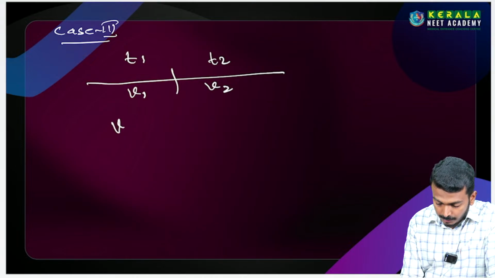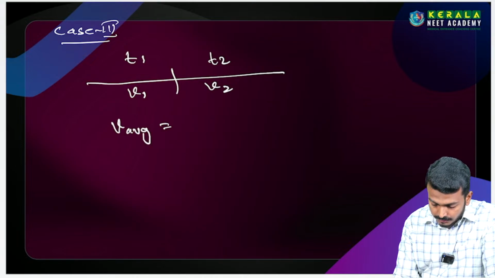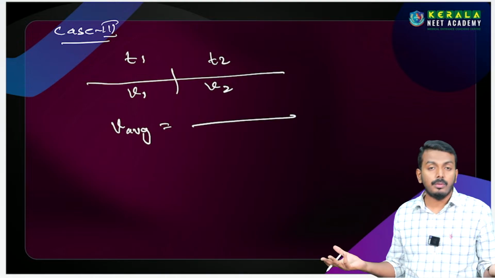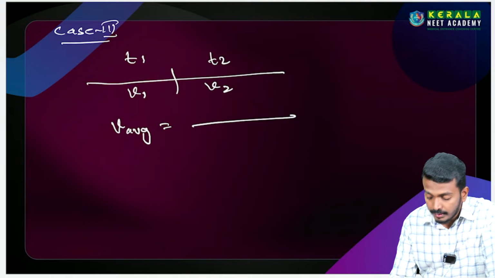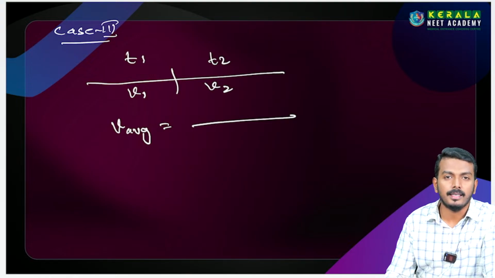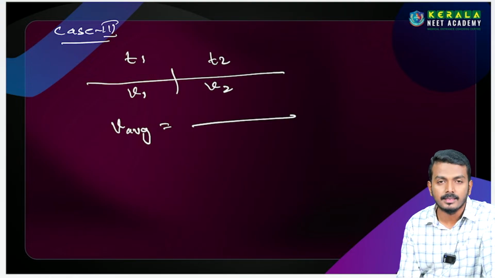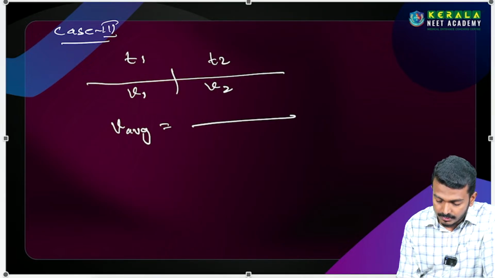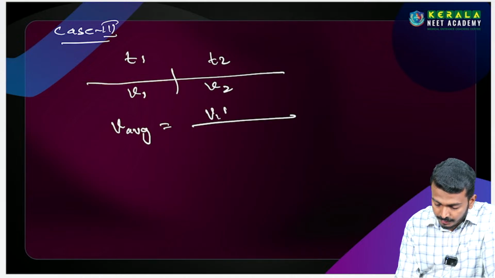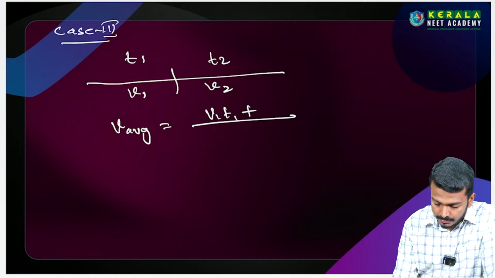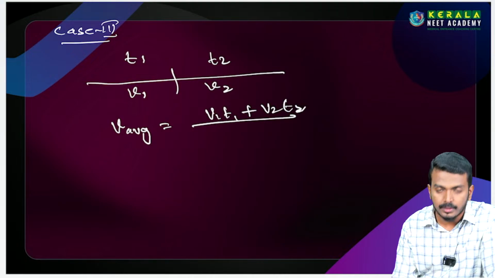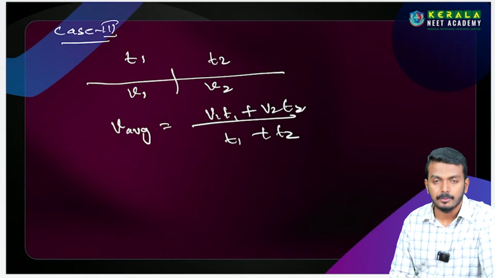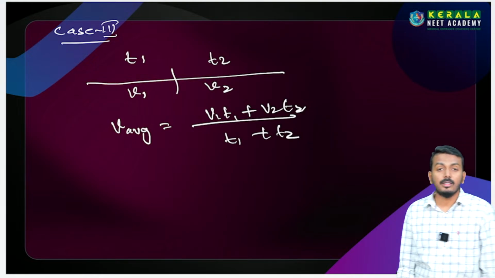Yes, in such a case, we will use the same concept, no change in the concept. What is the concept? Total distance traveled by a body to the total time taken by the body. What is the total distance? The distance is not directly given but indirectly given. What is the distance? Yes, v1 t1 is the distance plus the next distance v2 t2. Then what is the total time taken? t1 plus t2.